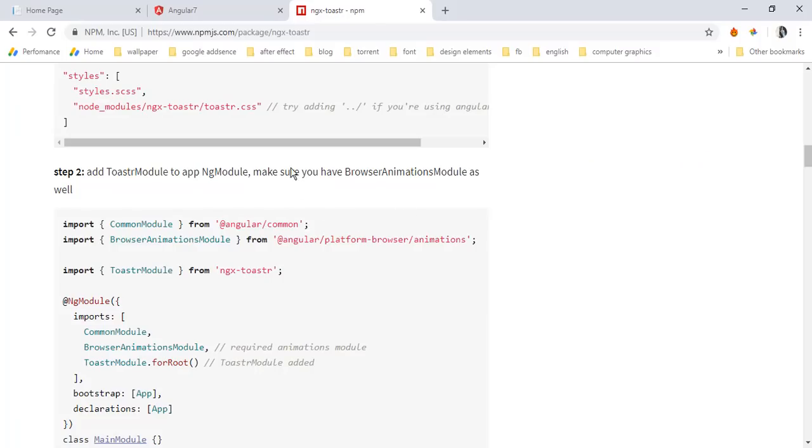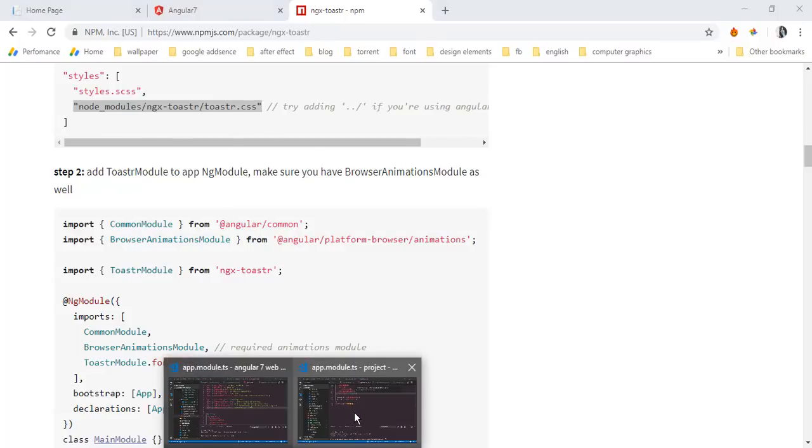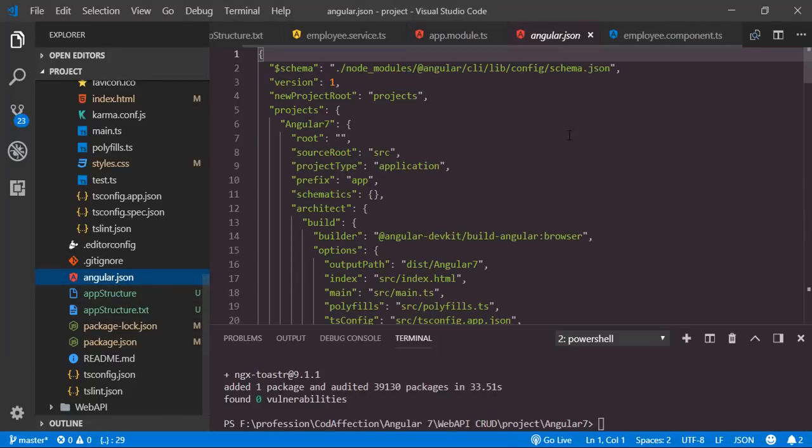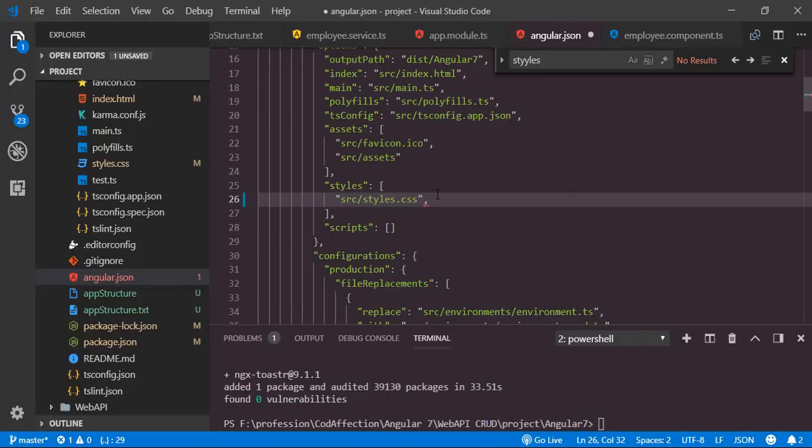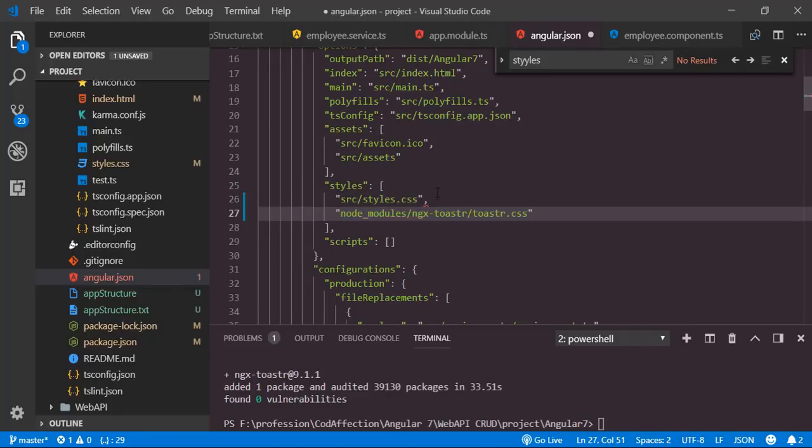For this package, we have this style sheet toaster.css. It should be there inside node modules ngx toaster. Now we have to add this reference inside this angular.json file. There should be an array for styles. So I will find that here. So here it is. Along with this global style sheet styles.css, we can add the reference for this toaster style